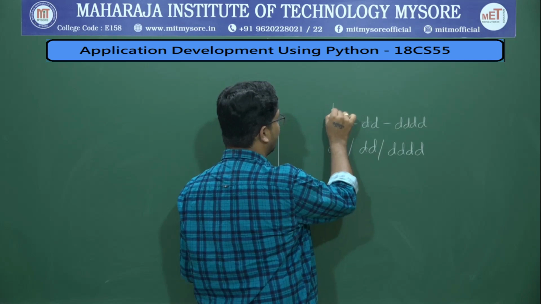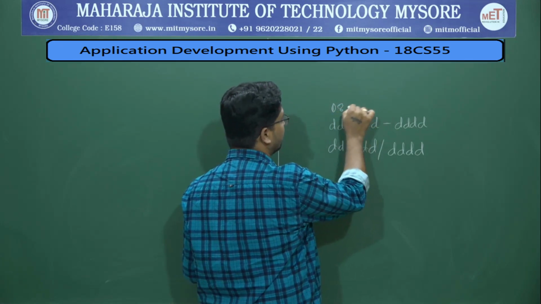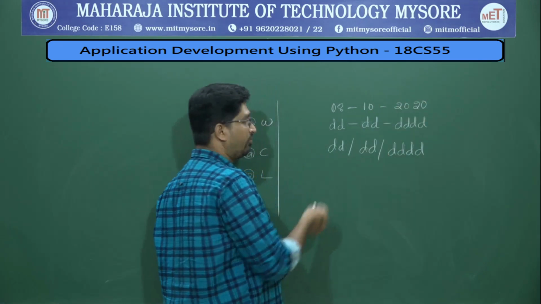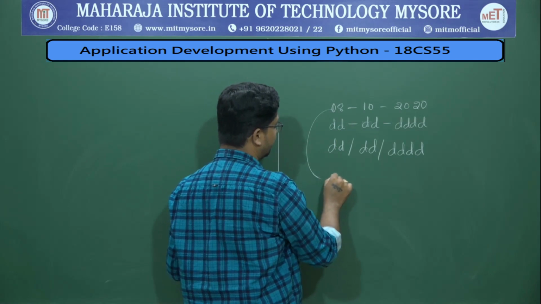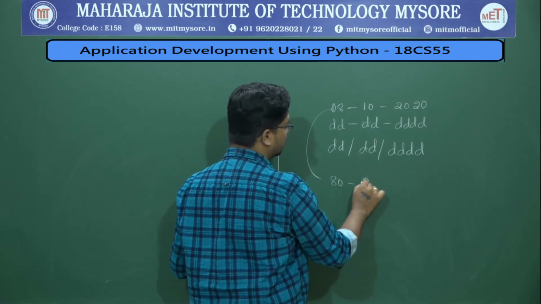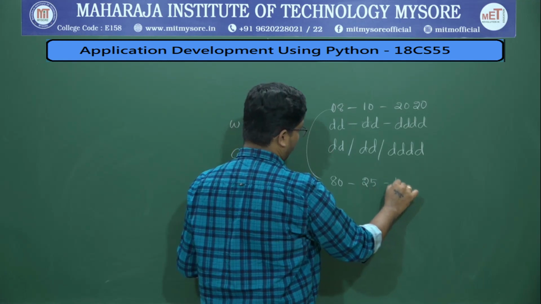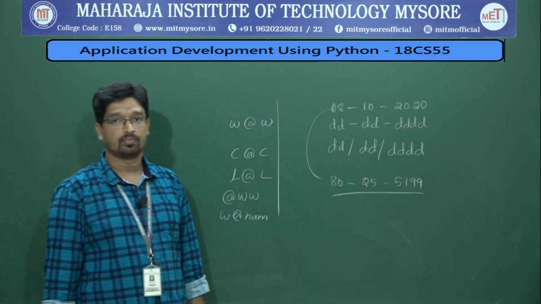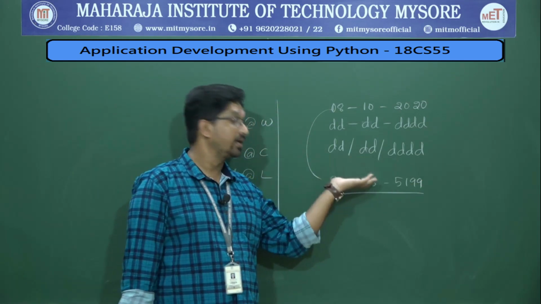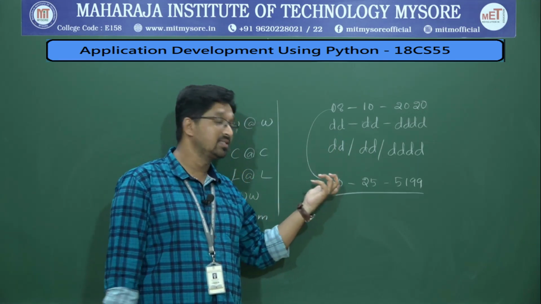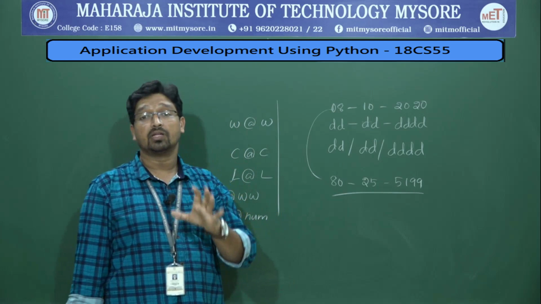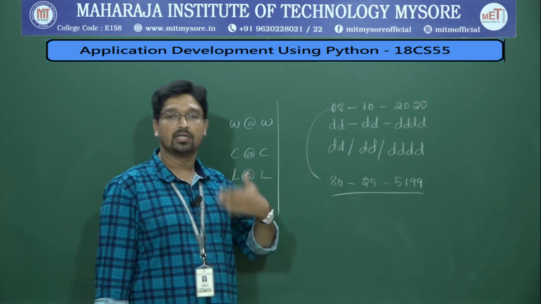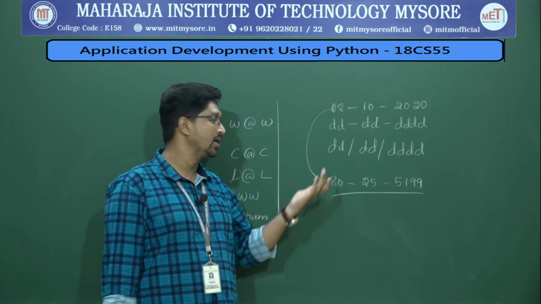But the date format is this. Let us say you write today is 8th October 2020, it's a valid date. What if I interchange some numbers, 80, 25, 5199? Can I call this a date? No, it is not a proper date, but at least I can identify that this particular string is in date of birth format. It is in date of birth format, but it is not a valid date. That code we should write to check whether it is valid or not.